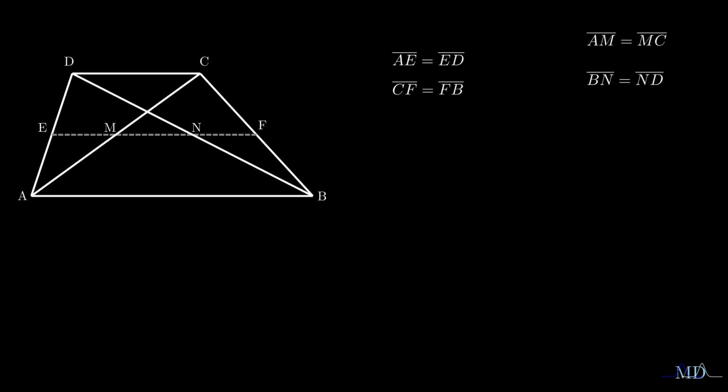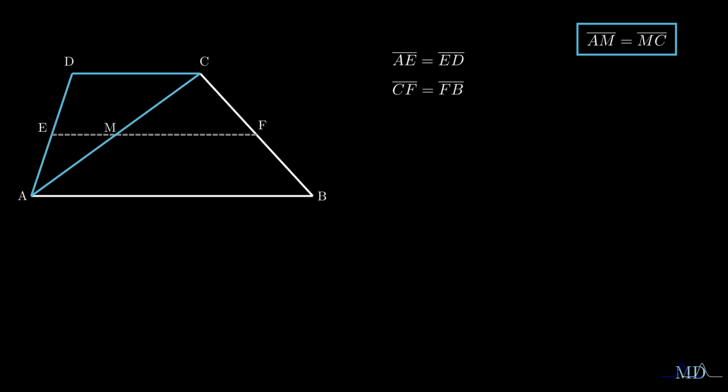So we write that AM is equal to MC, and BN is equal to ND, where M and N are the intersection points between EF and the two diagonals. We start by proving that AM is equal to MC. If we consider the two triangles, ADC, blue in figure, and AEM, yellow in figure, we can prove that they